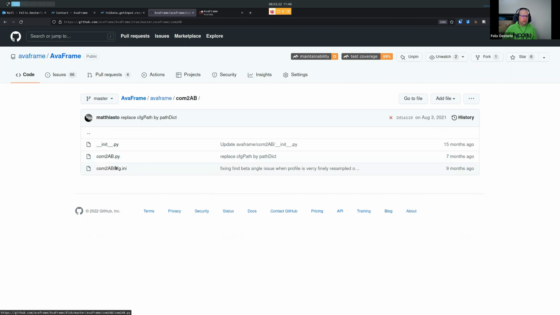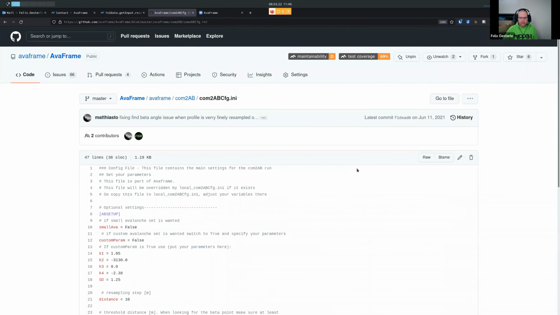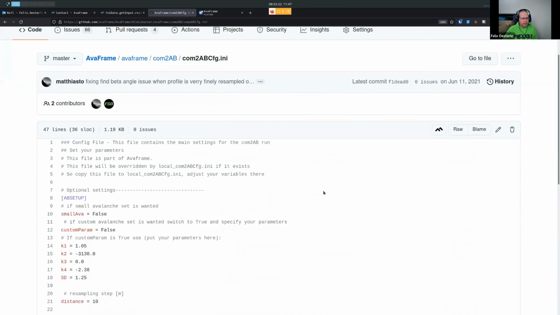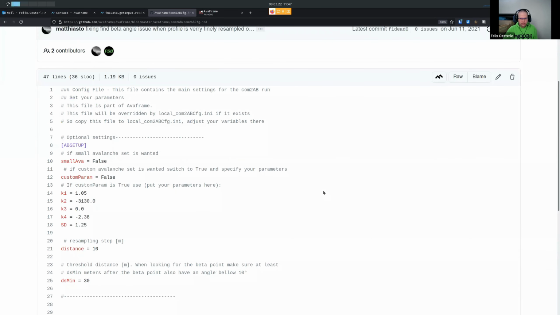So this is the main Python file, and then you have this ini file. This is the initialization file. And all you would need to change if you want to have something else is these parameters in here. So here you have those